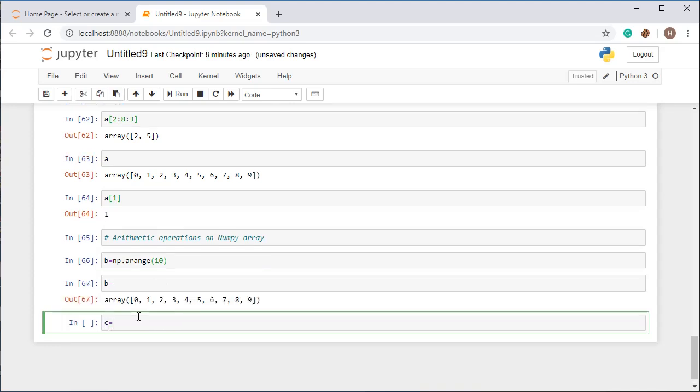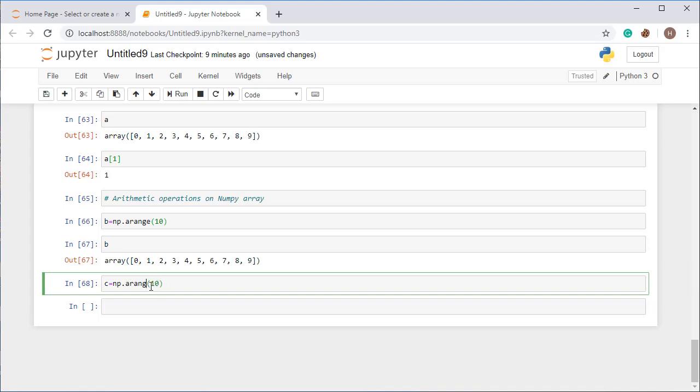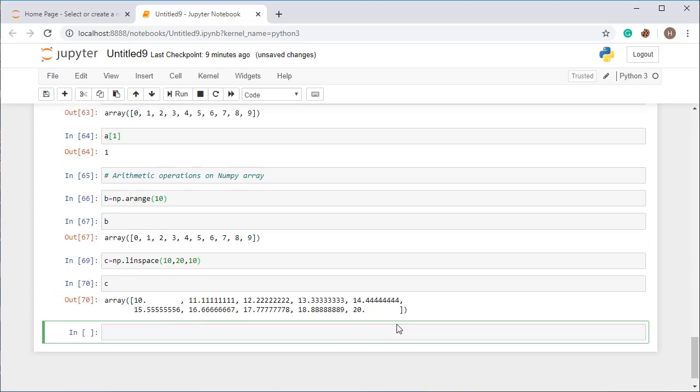Now I am creating another array, that one is C, and now I am taking it as np.linspace, taking it again as 10. So both are the same value, so create it with linspace. Alright, linspace. We want to take two different arrays so that you can see the differences. So 10 to 20, and then you can see that this one is another array.